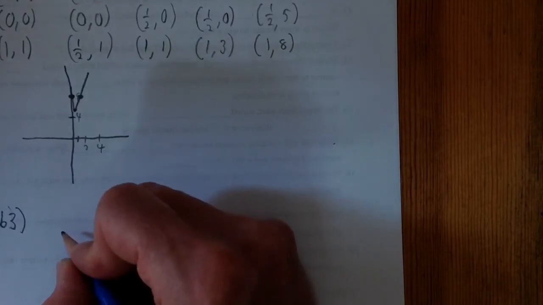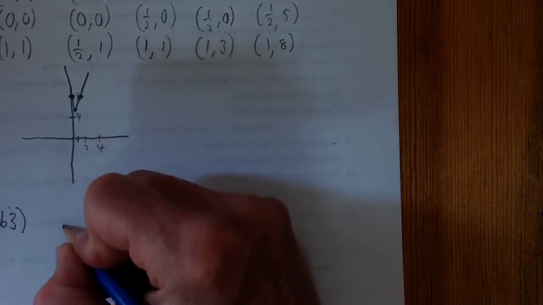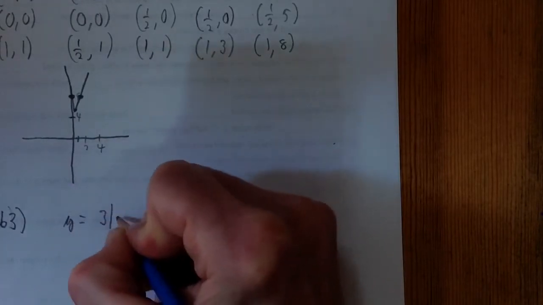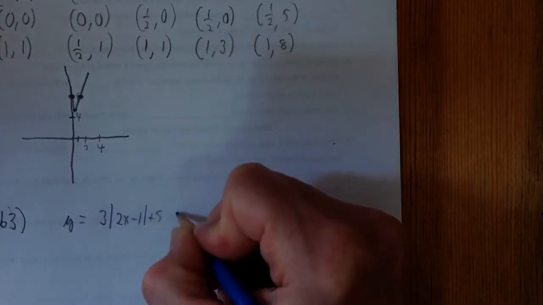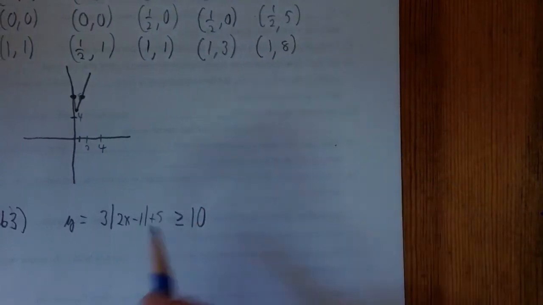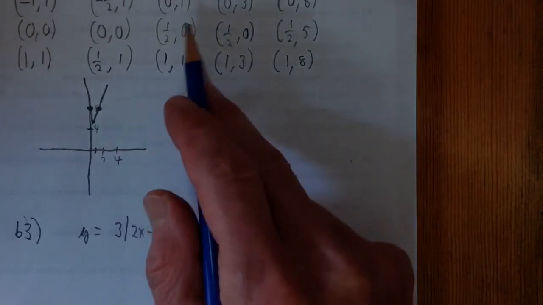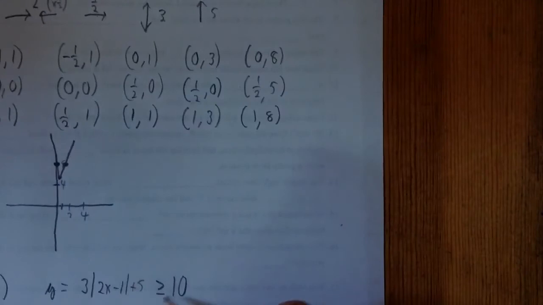So we want, is that this one? Yes. So we want that y equals 3, 2x minus 1 plus 5. We want to know when that's greater than or equal to 10. So that's the thing we just have, right? They're using A5, the same function we had, and they want to know when is that greater than or equal